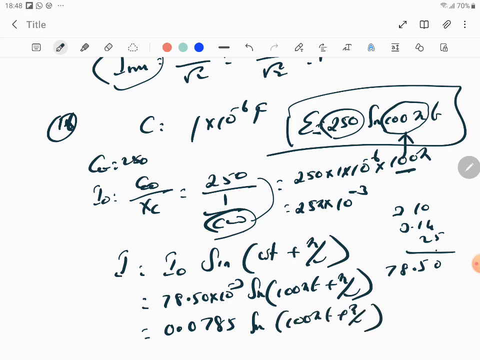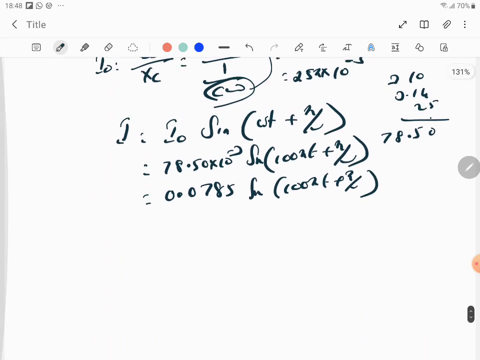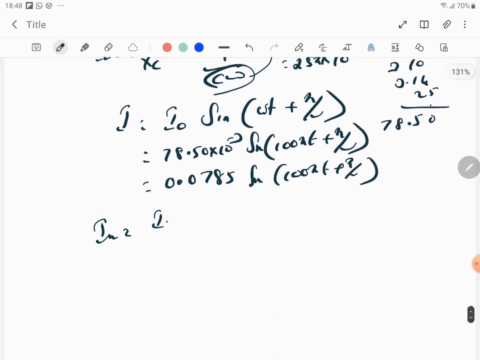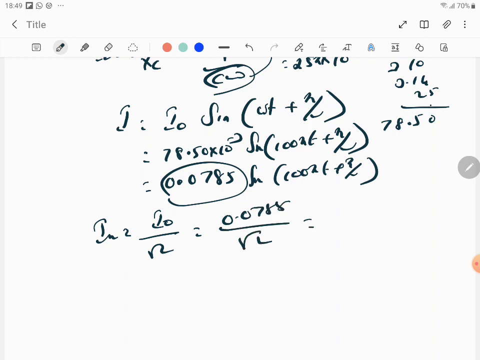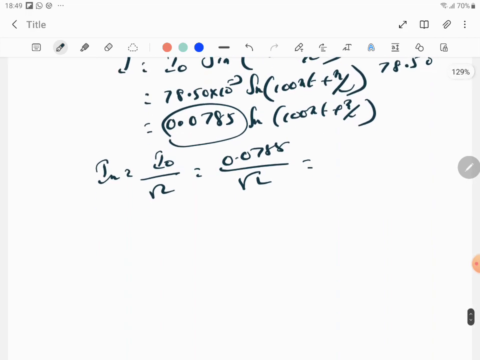Did they get pi by 2? Yes, ma'am. So that's so simple, right? So IRMS is equal to I naught by root 2. This is your I naught, which is 0.0785, by root 2 will give you your IRMS value, which is the actual reading on the ammeter. So what else do you want? The rest of it you can do. Just turn the page and locate some other sum. Similar sums we can ignore.